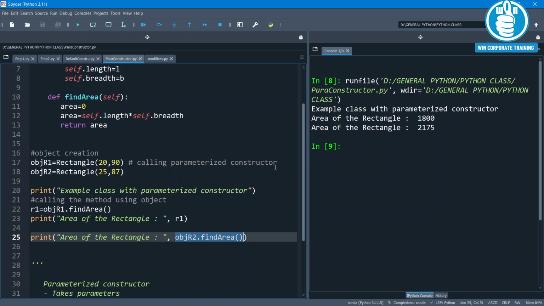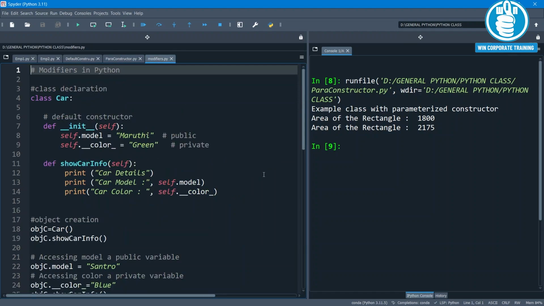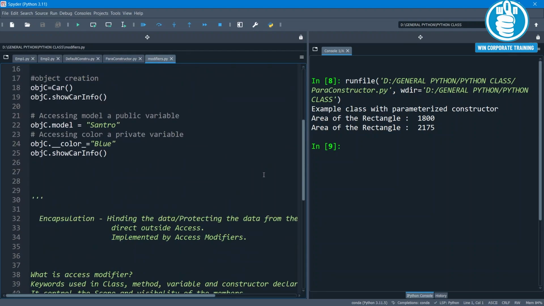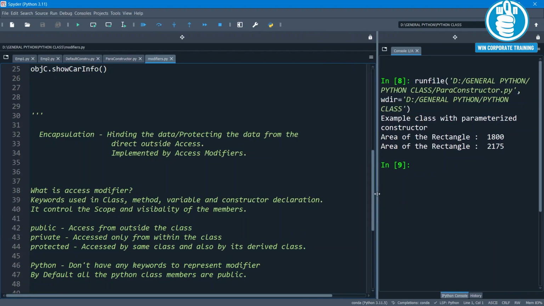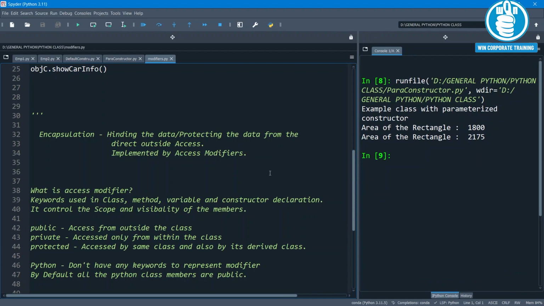And the next important topic will be access modifiers in Python. An important object-oriented concept is encapsulation. So what is encapsulation? Hiding the data or protecting the data from direct outside access.